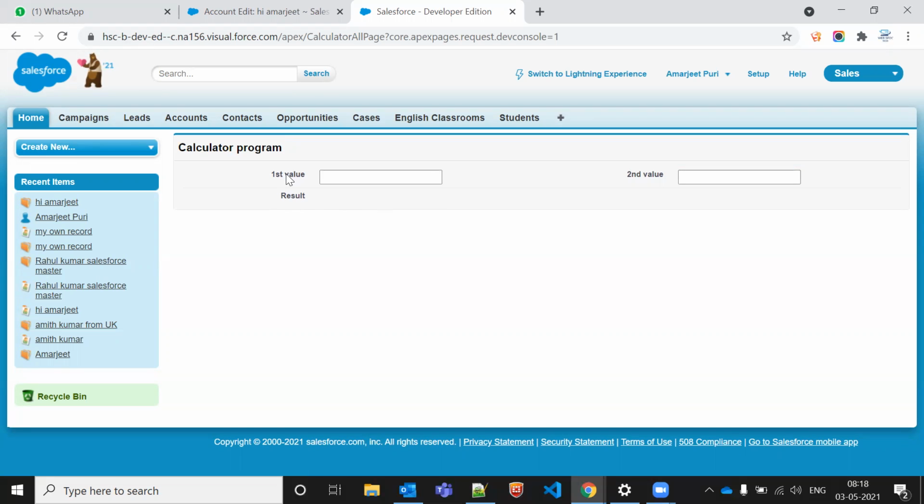In this calculator program, I am able to see the value of these things. So what should happen now if I add some value here, and I'm clicking on the plus button, it should be plus. If I click the minus button, it should be minus, multiply, division. Everything should happen with different buttons.